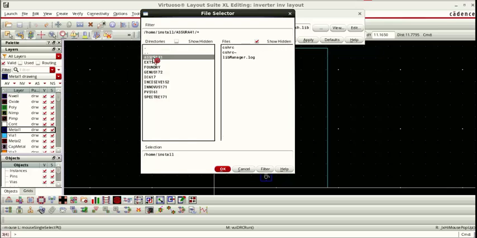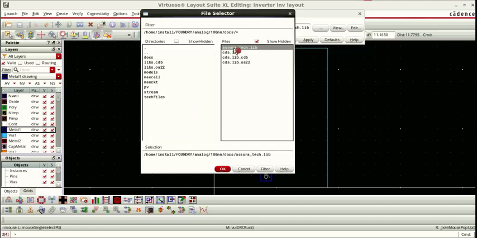So double click on install. Foundry, analog, 180 nanometer. In that, after 180 nanometer,